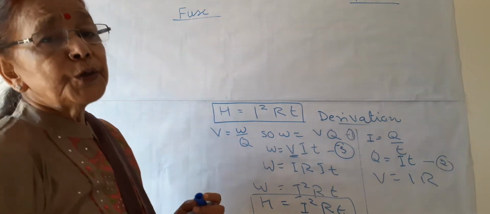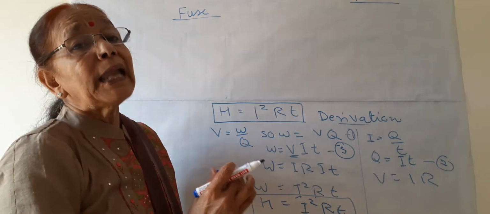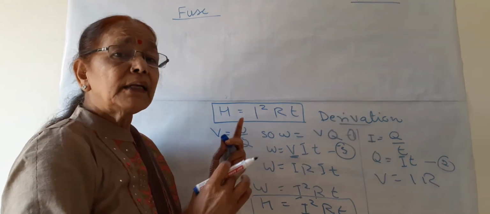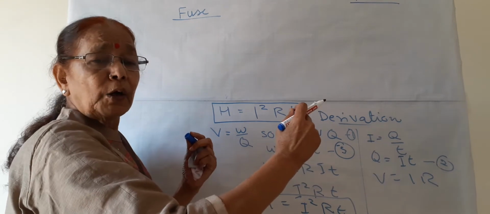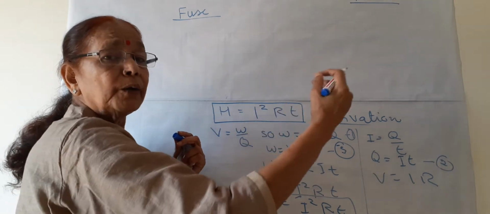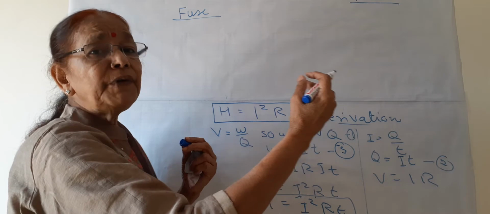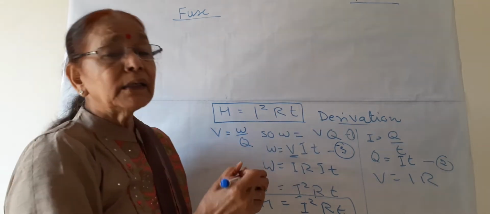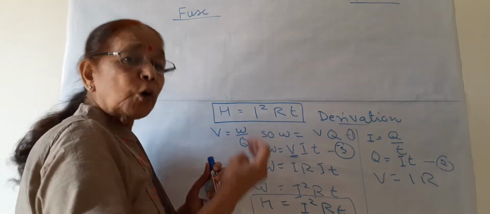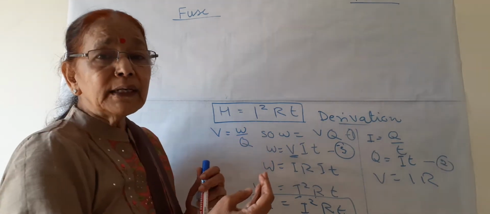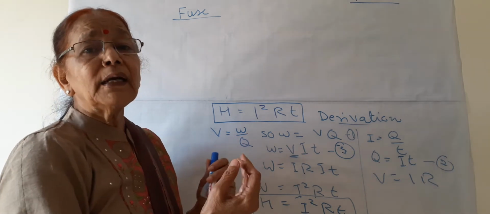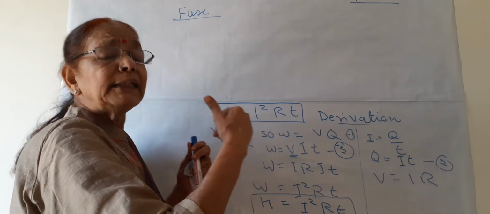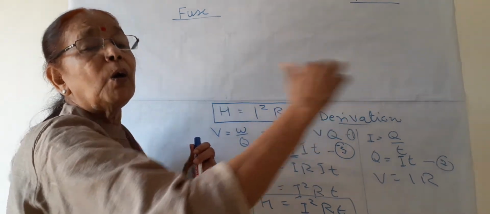So this fuse is used to break the electric circuit in our household circuit. If the circuit is broken, then the current will not pass after the fuse, and all the gadgets are saved if high current comes in the line. How does high current come? If some short circuit is there, or some overloading, or some fluctuation in the line, then high current can come into the circuit, and this high current can spoil all the gadgets.